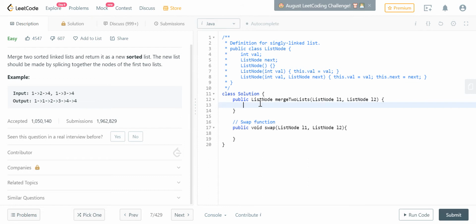We want to keep track of both the linked lists at the same time. So we're going to assume, okay, yeah, we want to take a look at the comments here. So ListNode, this is basically the definition for the singly linked list. It has a value, it has a next, and that's pretty much it. Okay, so L1,